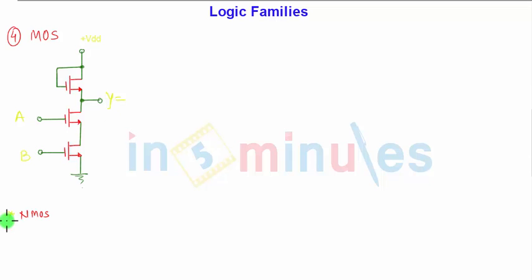In the NMOS family, which gate am I implementing in this one? Let us see. A is 1, so it is shorted to this one, but B is 0, so the output won't be going down. Always the VCC supply is there at Y unless and until both the inputs are 1. If both the inputs A and B are 1, A will get the VCC supply at this level and B is on, so B will ground it from this path, and Y, particularly both these paths are shorted, so Y will be shorted to ground.